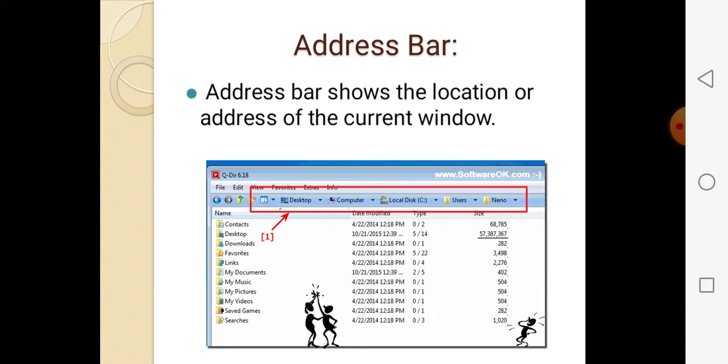See the arrows one by one: desktop, then Computer, in Computer the C drive, in the C drive Users, and then nano. That kind of address is shown in the address bar.